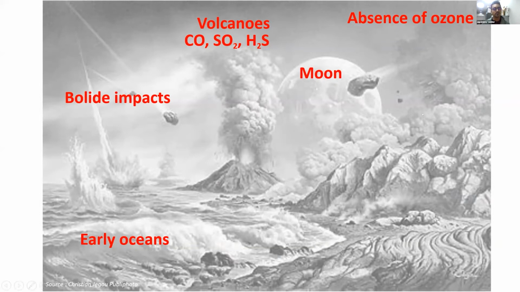The Moon was much closer than on our modern Earth, which had different impacts on tidal activity. Bolide impacts, such as meteorite showers, were very vigorous, and there were events that were also recorded in our early Earth's history. But foremost, the most important ingredient for life is water, which was prevalent in our early oceans. And this is how we go about discussing the earliest history of our Archean time.